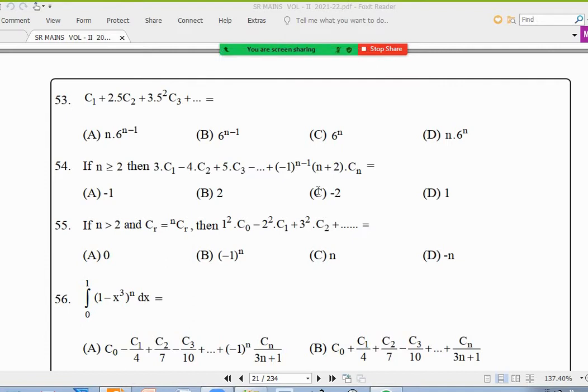Okay, so the main part is if you have some X power R, not an issue. But if you have into R or into R plus 1, we have to remove this. That's why you have to do this. N is a constant, you can take it out. And whatever is the R value here, we want to have same power here, and we have that. And we have sigma NCR X power R is 1 plus X whole power N. So directly from here to here, you can write 1 plus X whole power N minus 1.